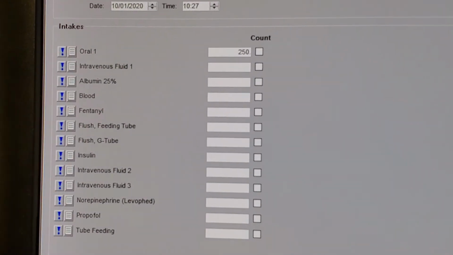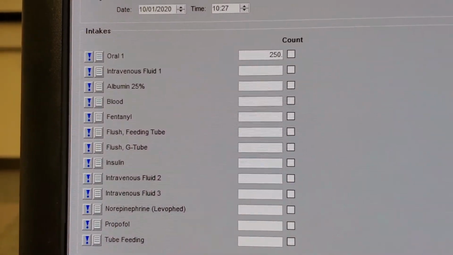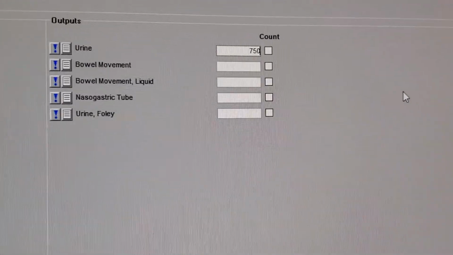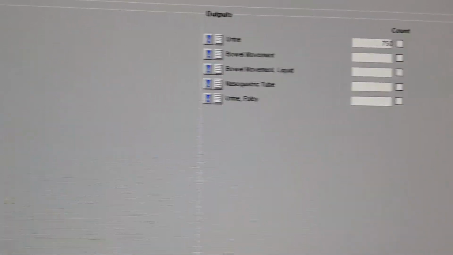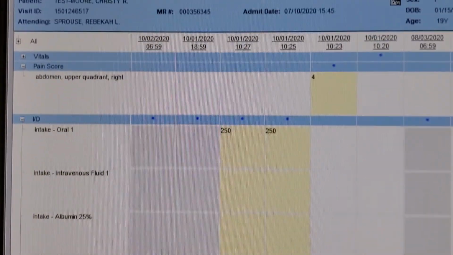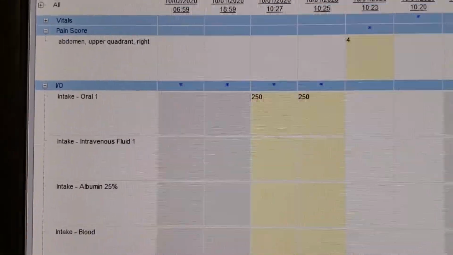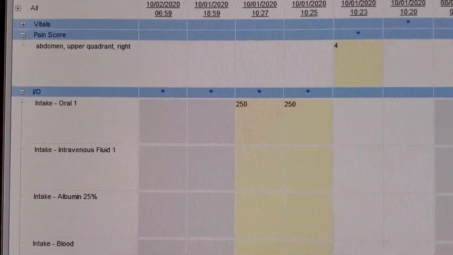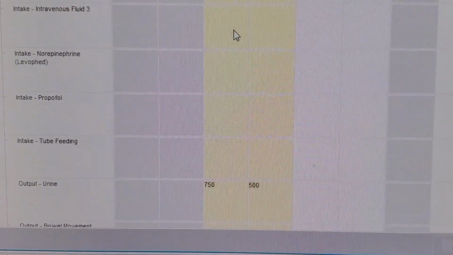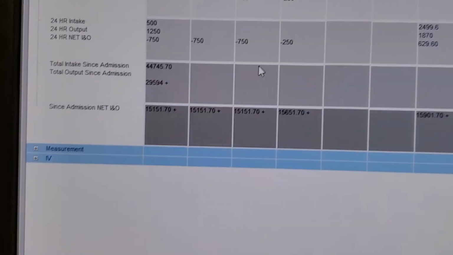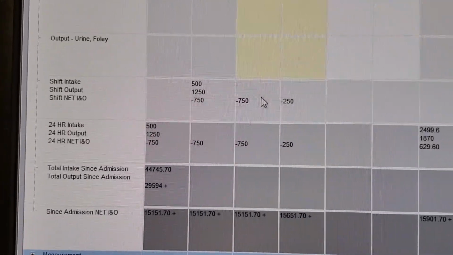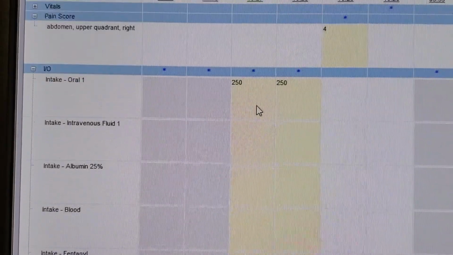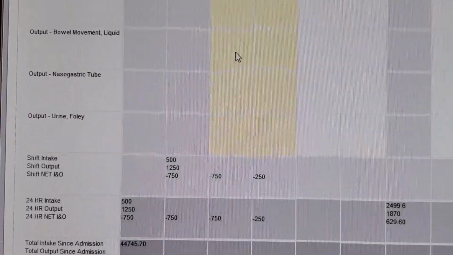So in this case, the patient had an oral intake of 250 milliliters. They had 750 milliliters of urine out, and I'm going to enter that. And you can see it recorded at 10:27 of 250 in, 750 out,